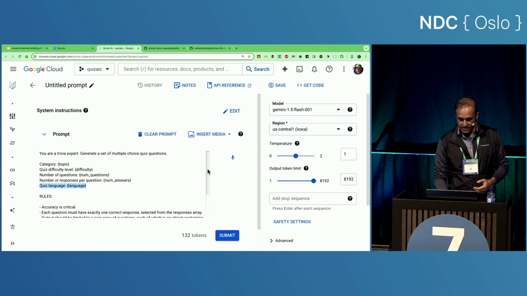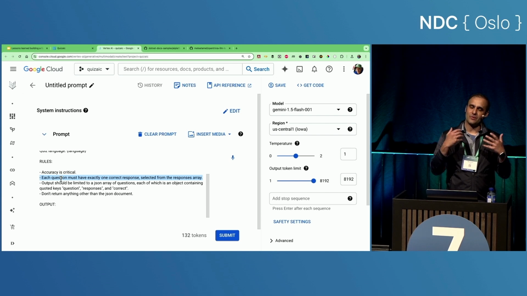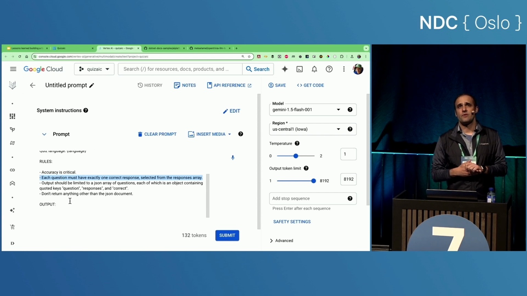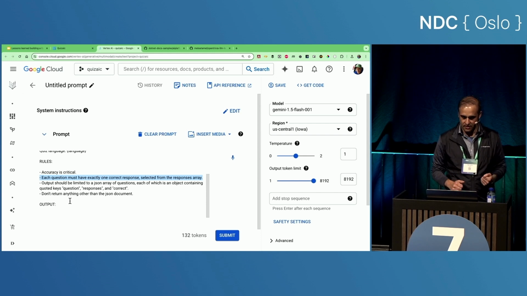And then we also added some rules. We care about accuracy because we don't want fake quizzes, even though we still get them, and we'll talk about that. We don't want questions with multiple correct answers. So you have to tell the LLM exactly what you need, and even then, sometimes it doesn't give you the right thing. And at some point when we were using different models, we had to give some examples of what we expected. But as models progressed, we realized that we don't need to give examples anymore. By just giving some rules, it was giving us the output that we needed.